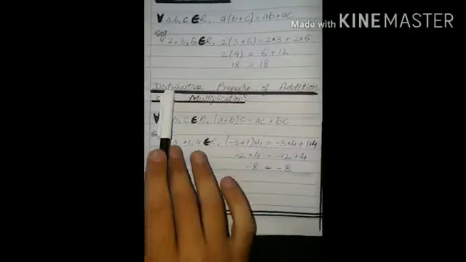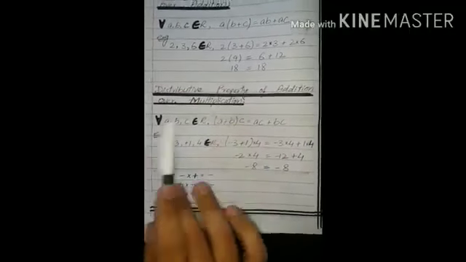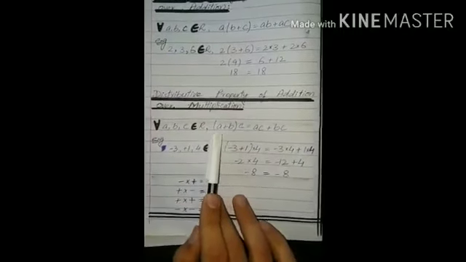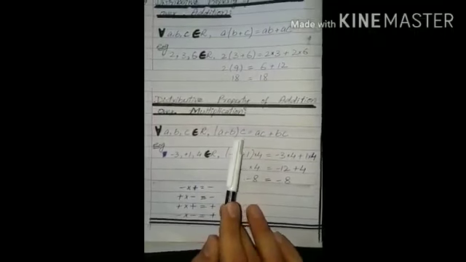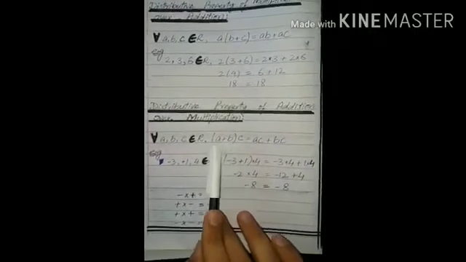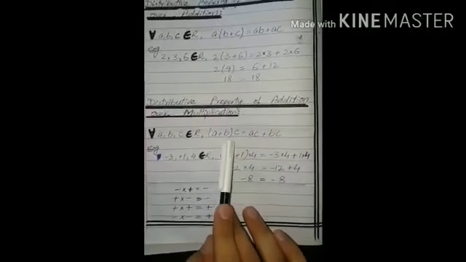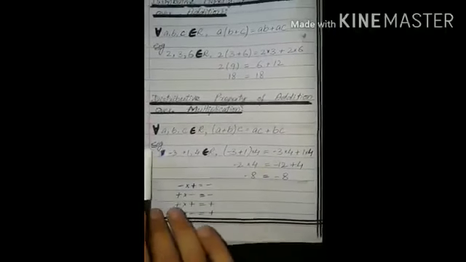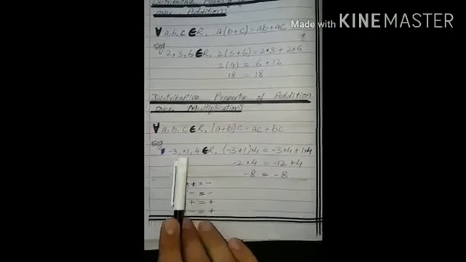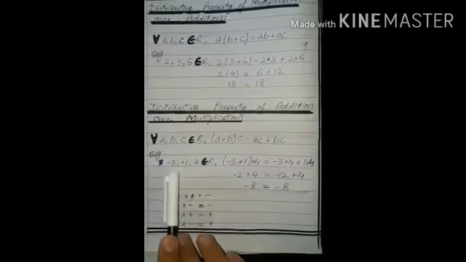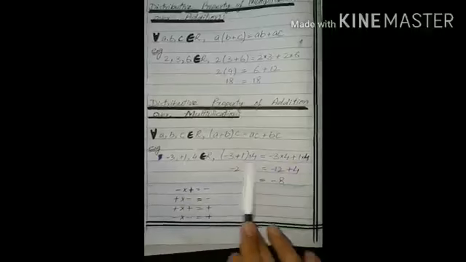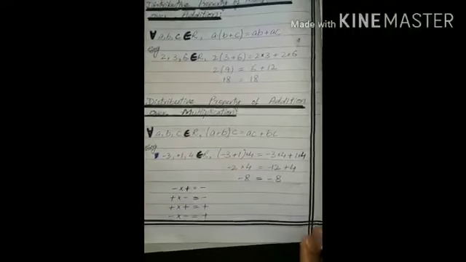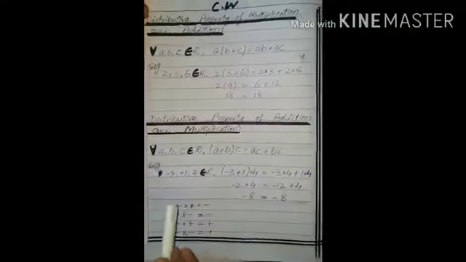Next property is distributive property of multiplication over addition, on the other side. It says for all a, b, c, three real numbers, if we add a plus b and multiply by c, it means we have to multiply this c with both these terms inside the parenthesis, with both a and b, so we'll get ac plus bc on the right hand side of the equation. For example, if we have minus 3, 1, 4, these are three real numbers, and if we write these three numbers in the form of this above equation, we'll get something like this, and if we solve both sides of the equation, we'll get minus 8 from both sides of this equation. This is called distributive property of multiplication over addition.